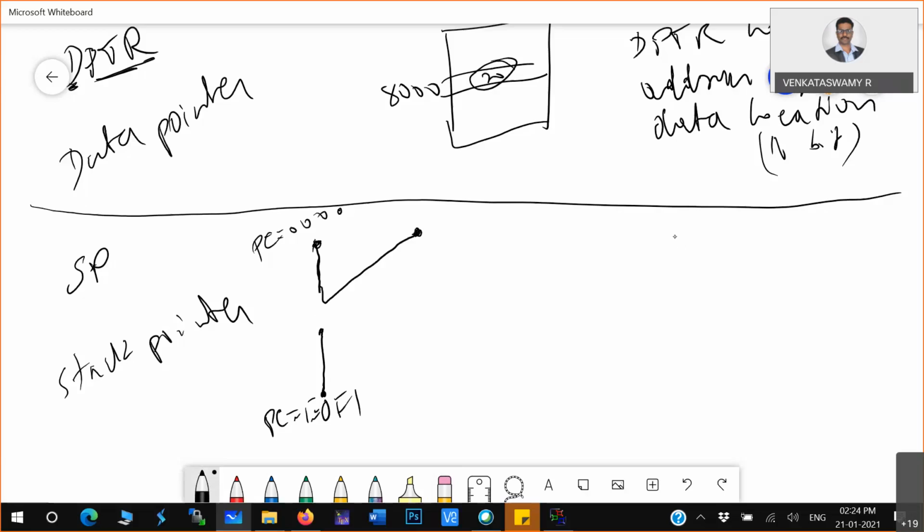You go to a different instruction place, execute those instructions, and then come back to the main program. Normally this is what happens in every programming language. Normally there will be subroutine calls, or what we can say function calls.